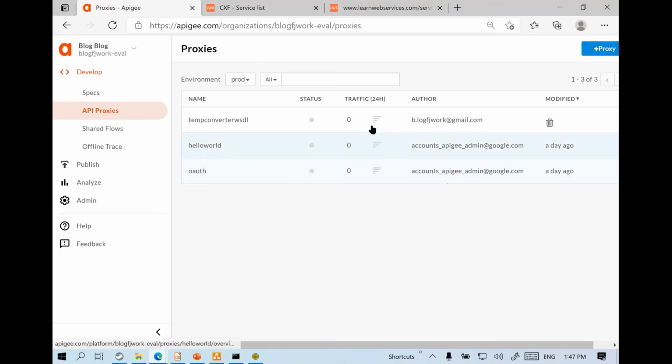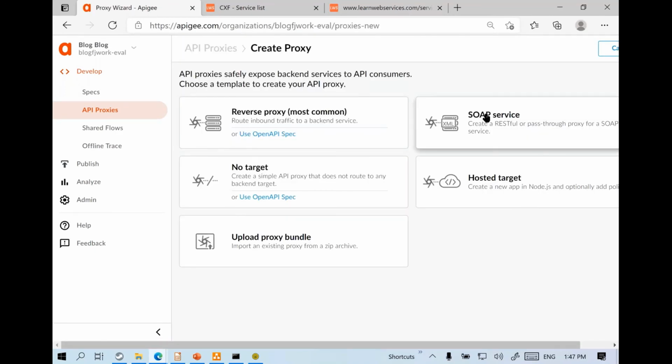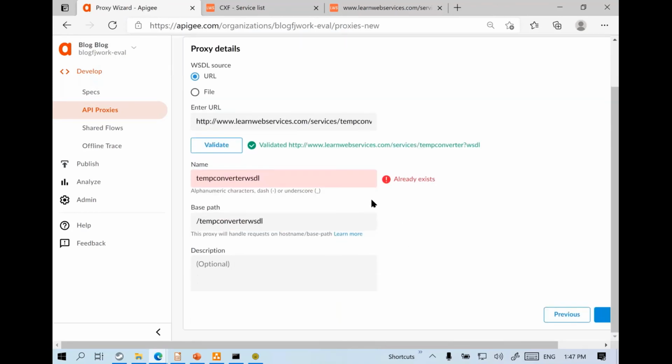And then next, we are going to expose it as a proxy. So this API gateway is going to connect to that underlying legacy SOAP service. I'm going to specify the URL here. I'm going to validate it. It will identify how many services we have here. I already have this pre-created, so I'll change it to something else. I'll just call it temperature converter, or maybe just converter. And this is the base path I'll be able to use. The underlying service URL is this one, but I'll later on access it through the API gateway.